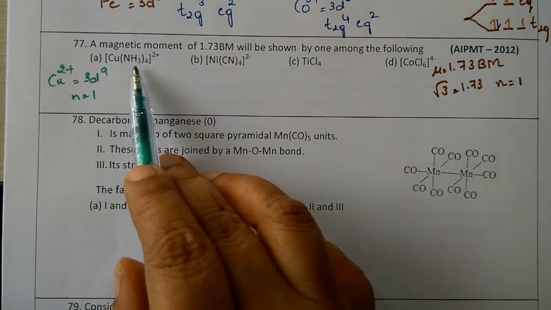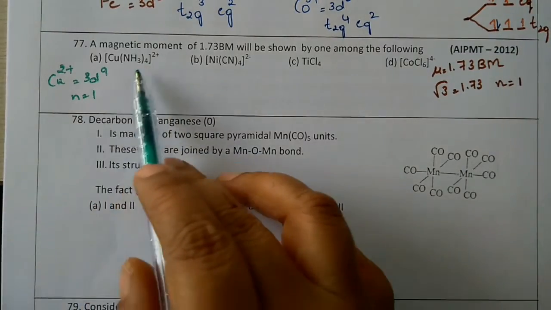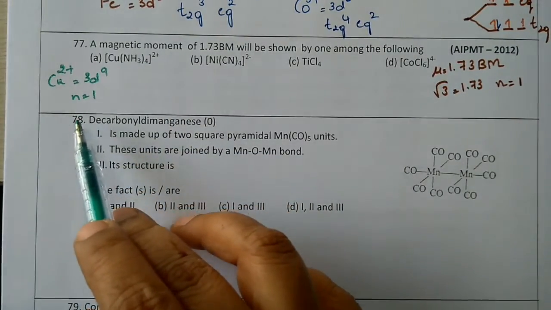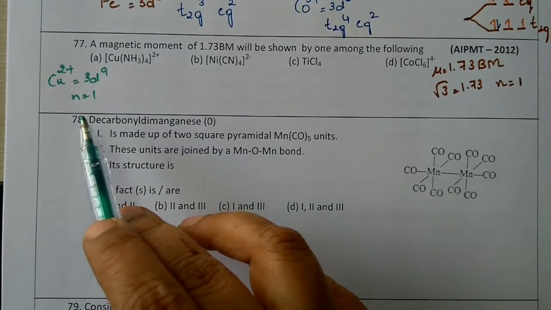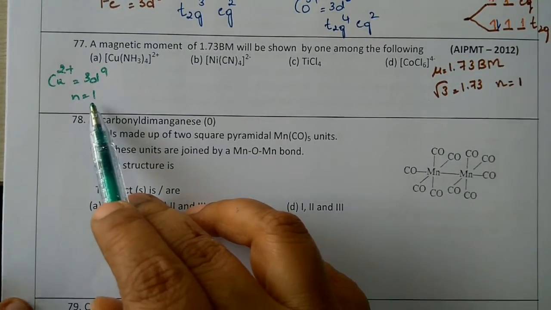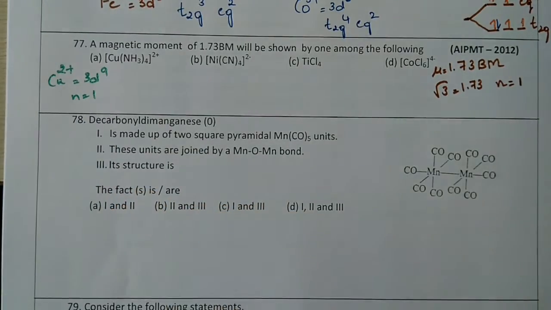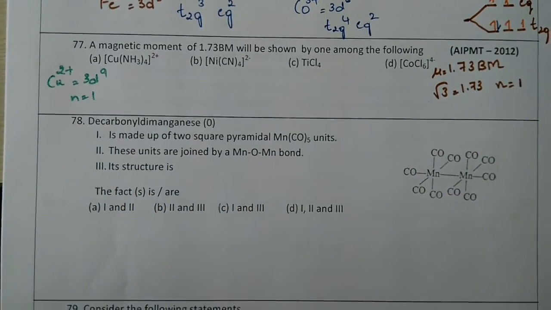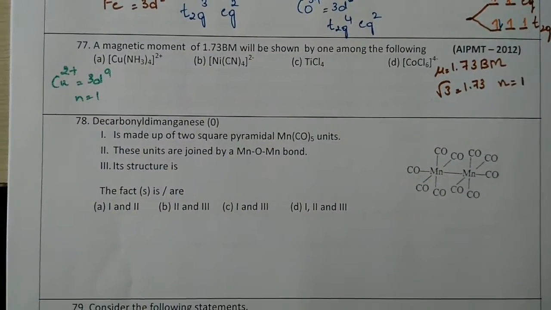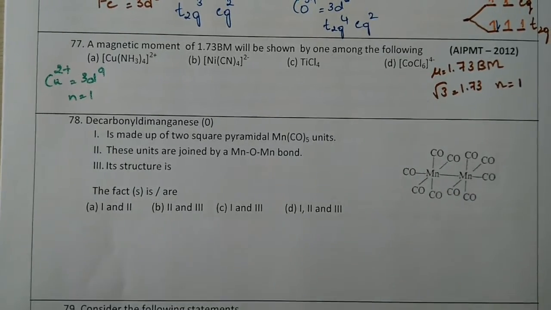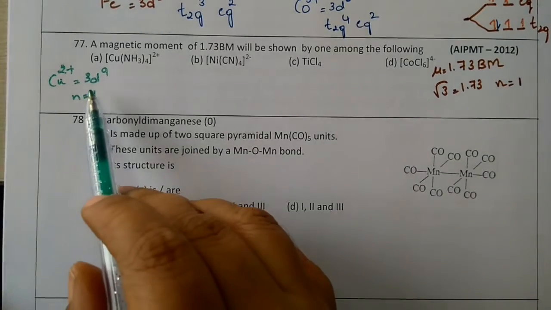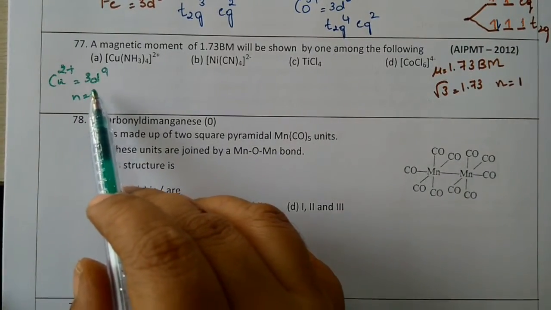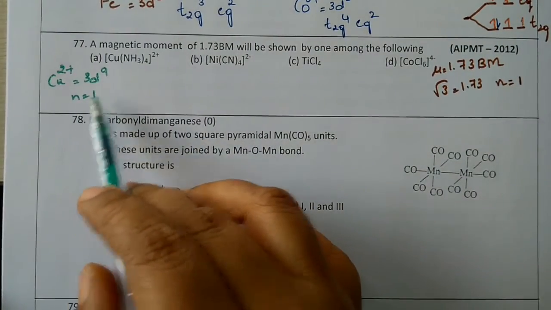So strong field or weak field, there is no problem. Even if NH3 is a strong field or weak field ligand, we are not going to bother because the unpaired electron is 1. We need only that much. Okay. Next, the electron is going to shift from the 3d level to the 4s or 4p level there, so we need not worry about that one. We need only unpaired electrons.